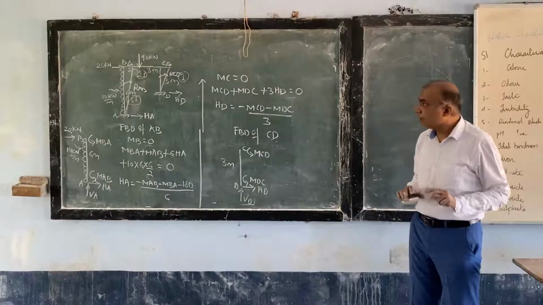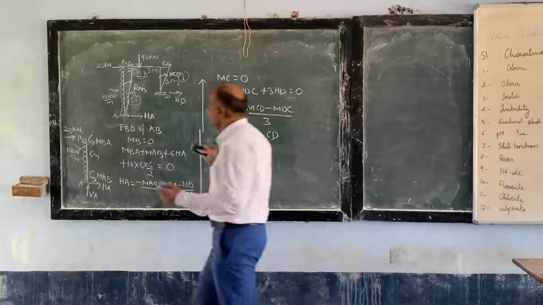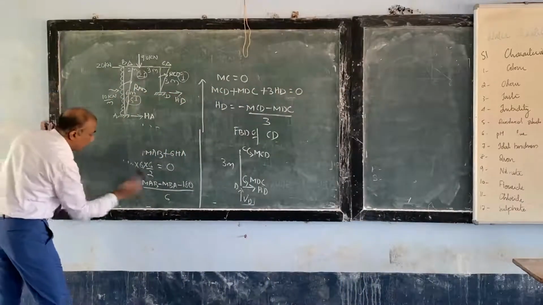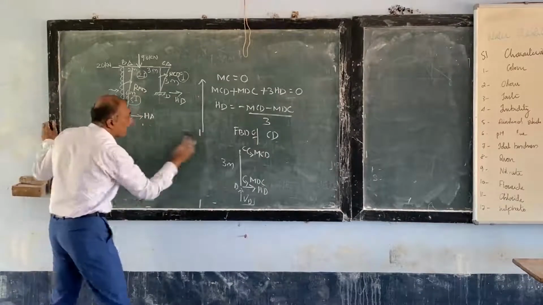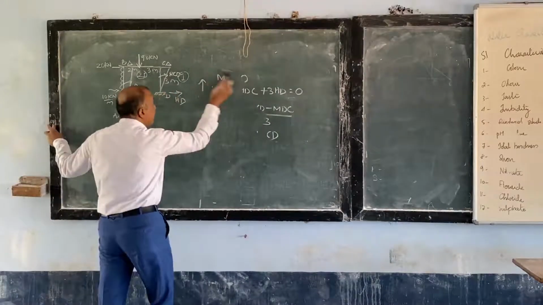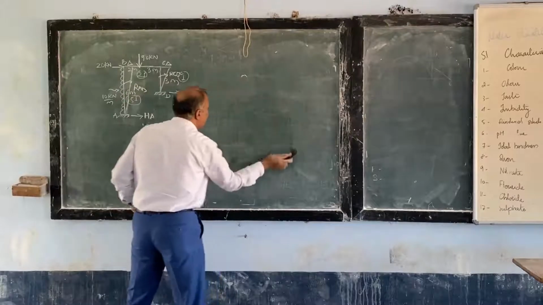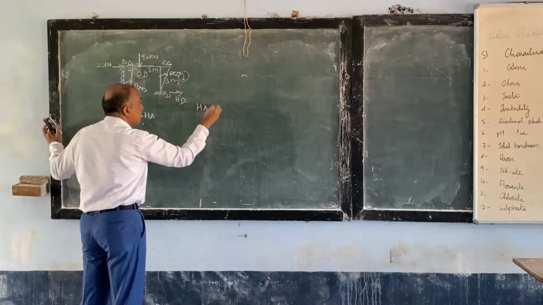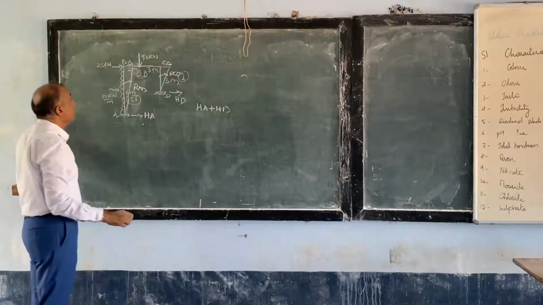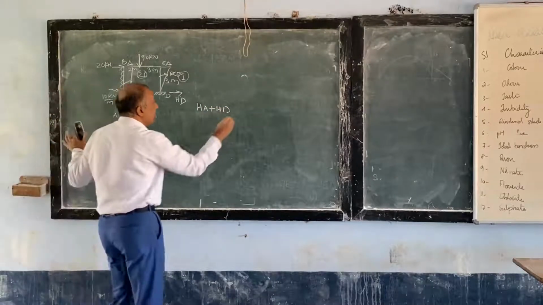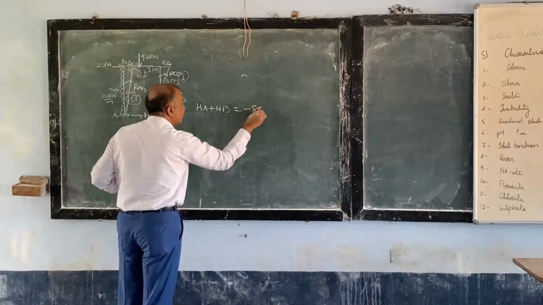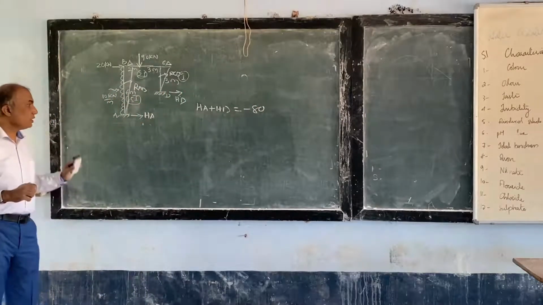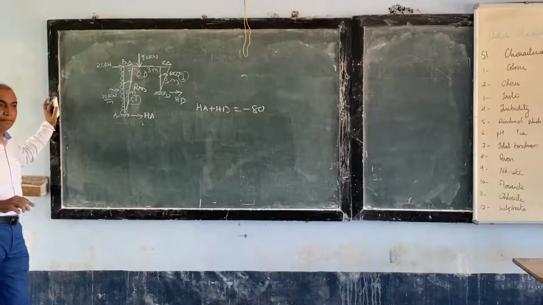So we got HA and we got HD. Now we will write down the third condition very comfortably. What is our third condition? Yes, Shrivali, tell me what is the third condition? HA plus HD plus 80 is equal to 0, so HA plus HD is equal to minus 80. Let us substitute what HA is, which we have found.